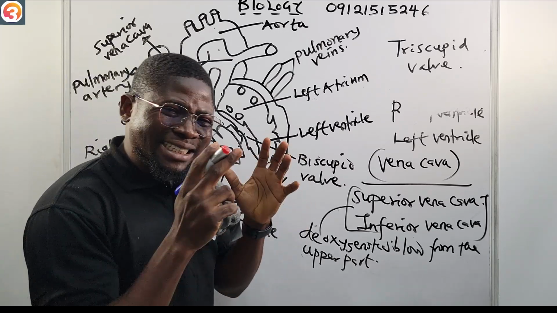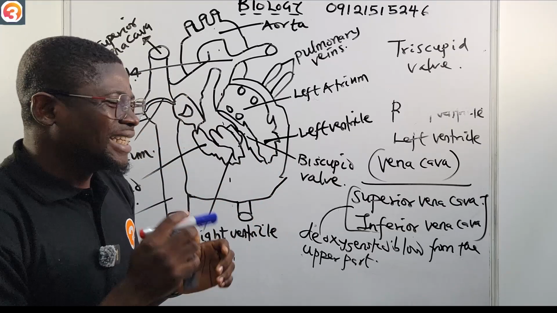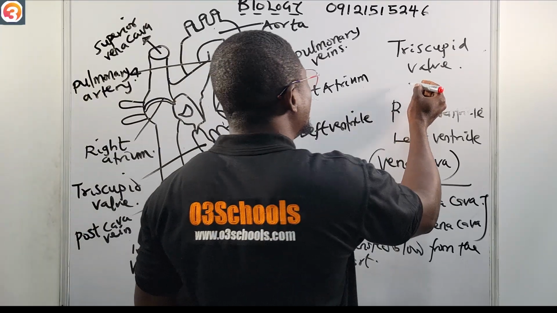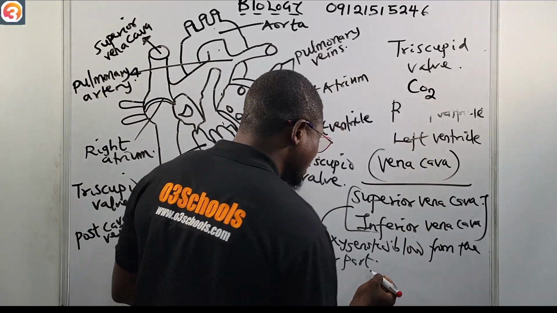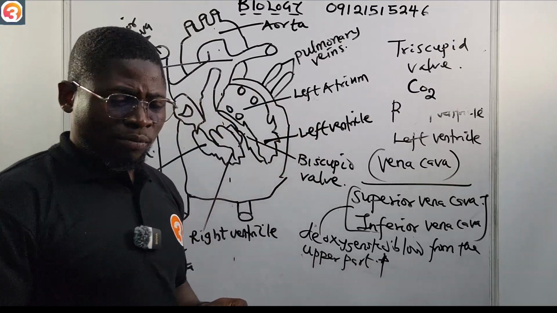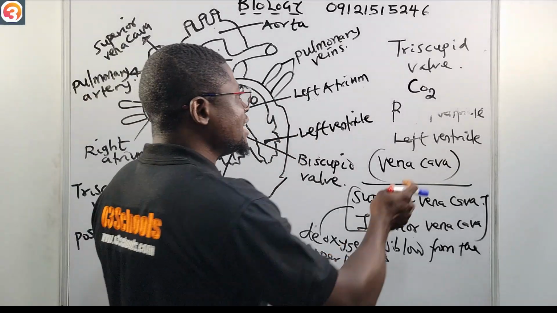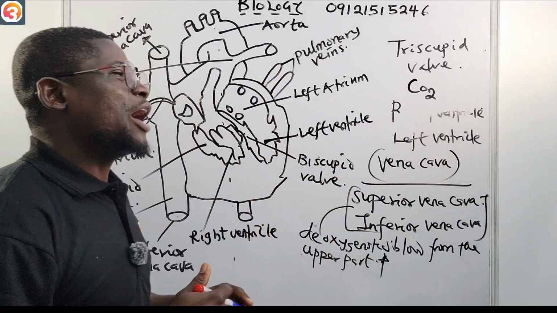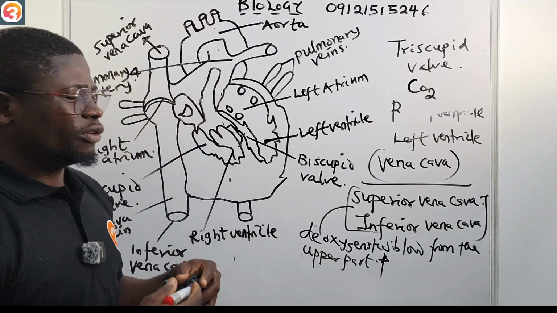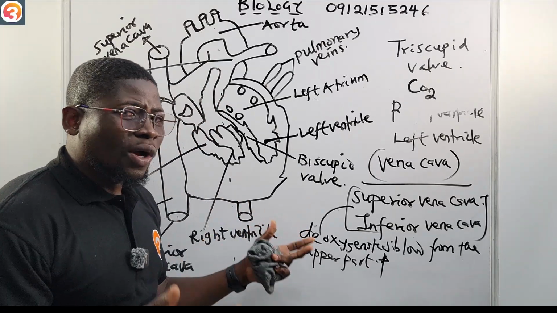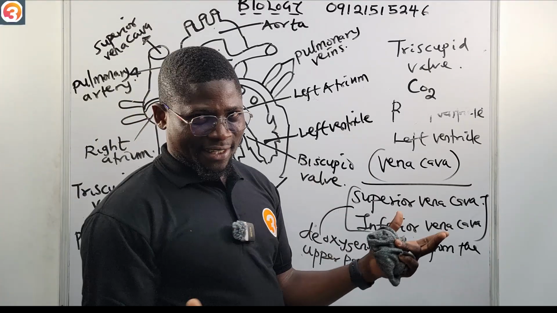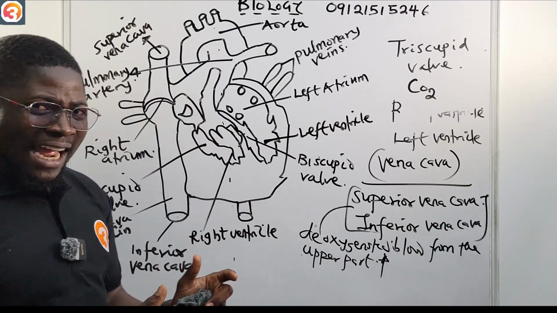So for that singular purpose, we need to get rid of the CO2 present in this deoxygenated blood, and have it replaced with oxygen, so that our cells can use it for respiration. So how do we achieve this? Now what happens is that